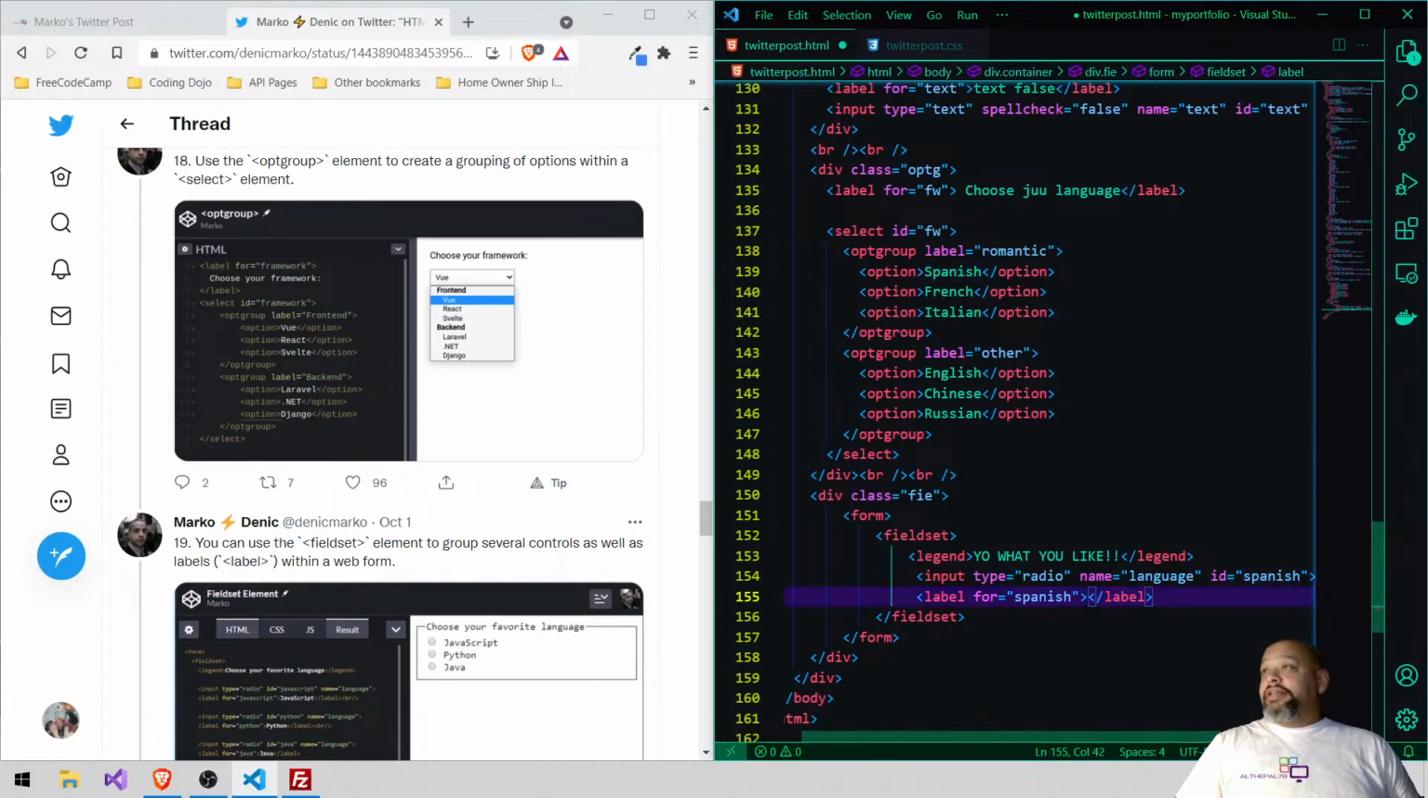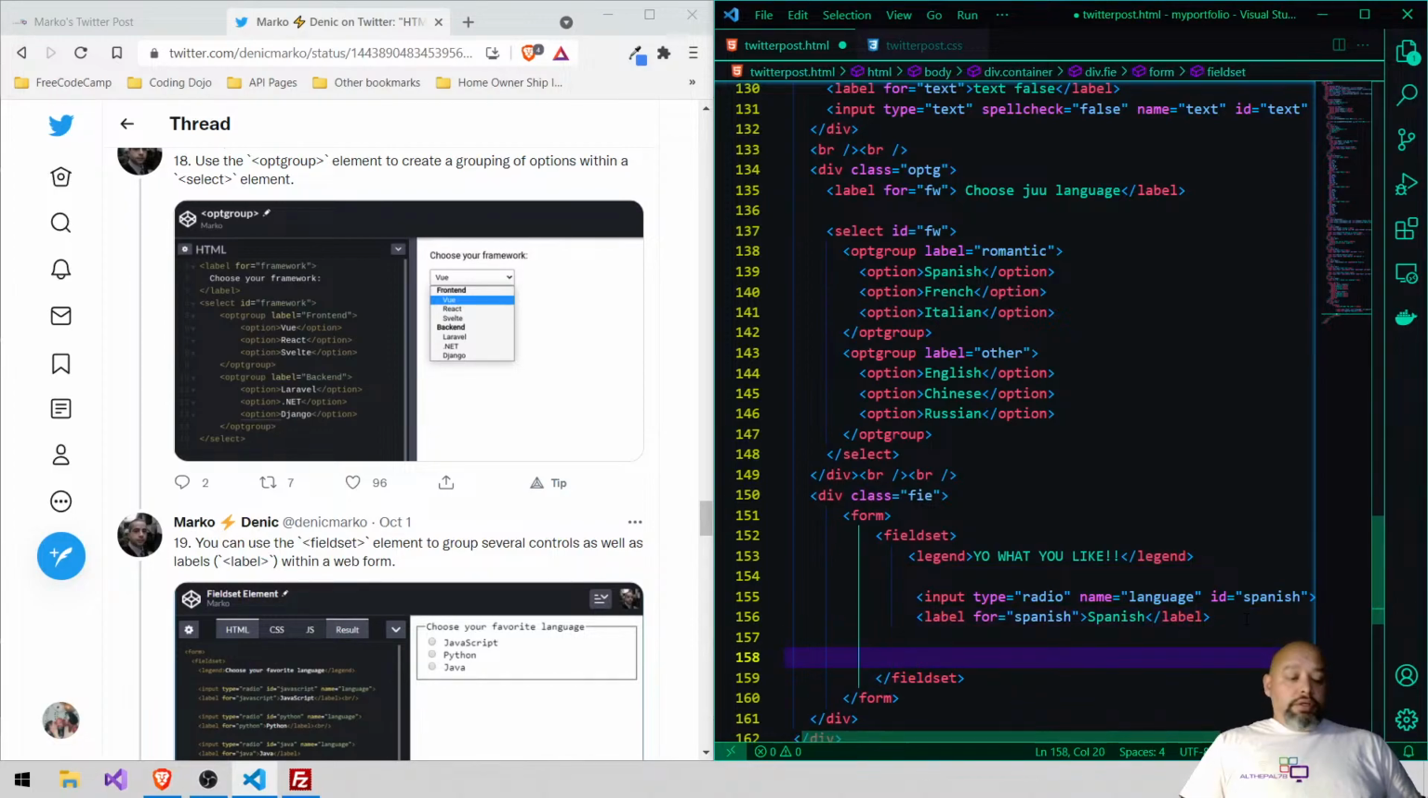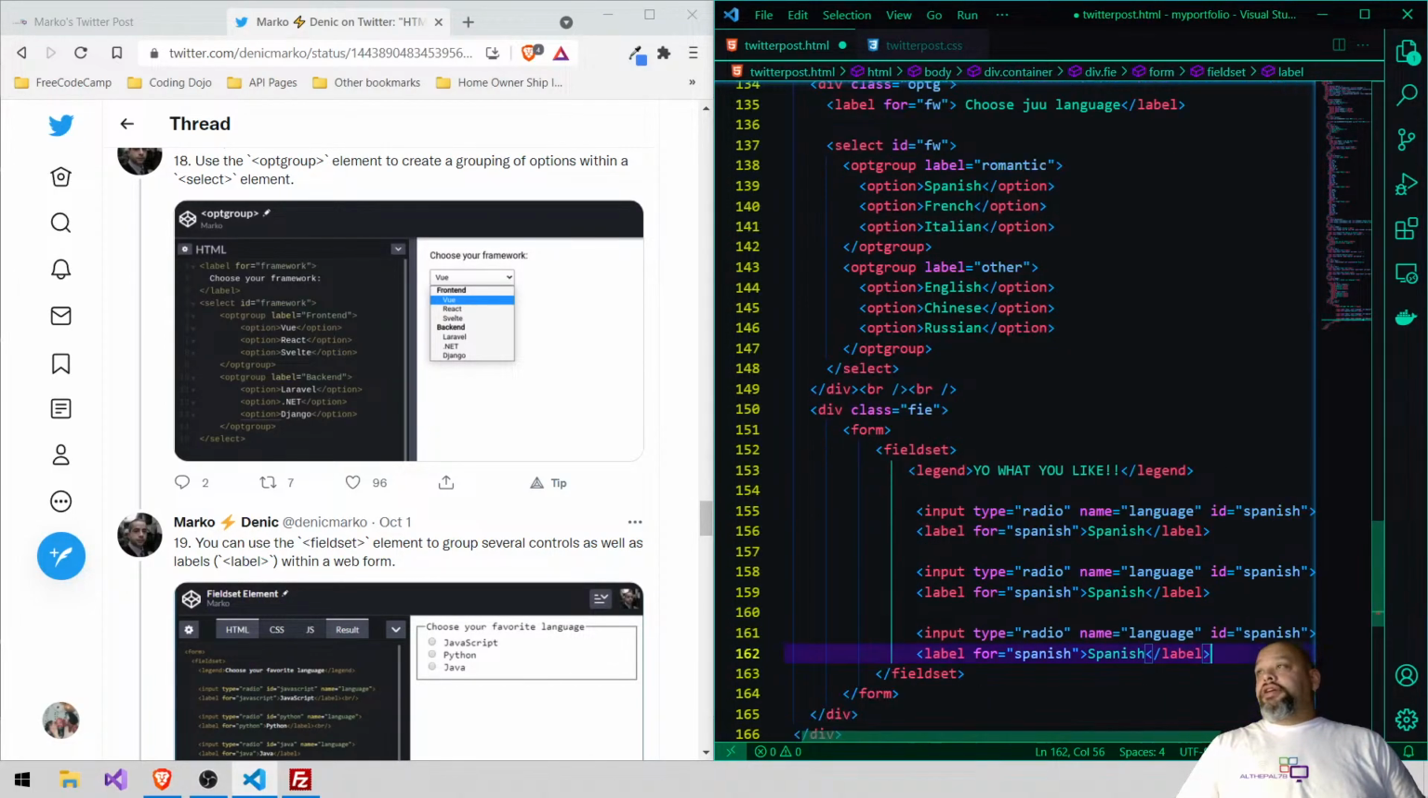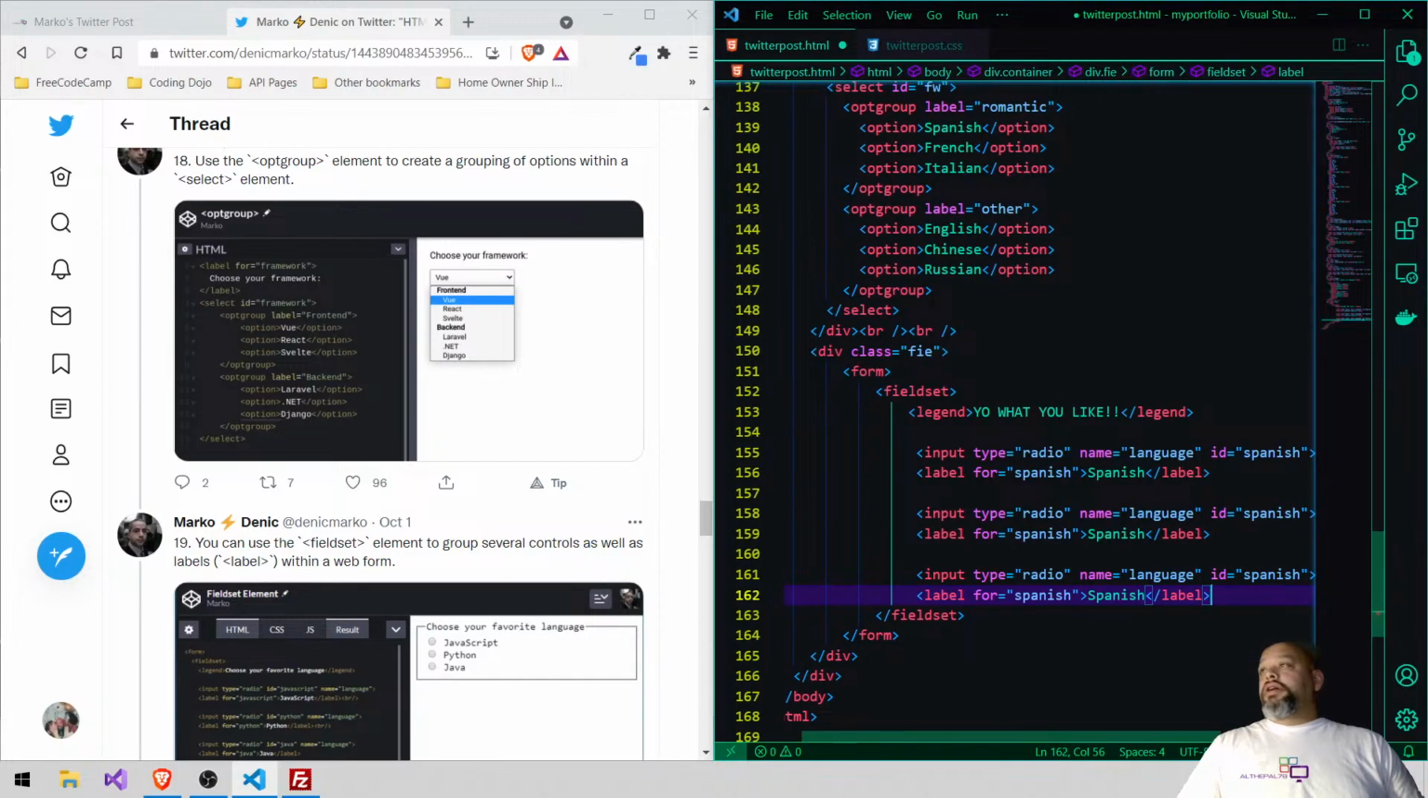Control X, that'll take care of that, and Control V, there you go. So we'll just copy and paste this. Control C. I need a space there. It's driving me nuts. Control V. Because they have 3 of them, we will also do 3. All the names are